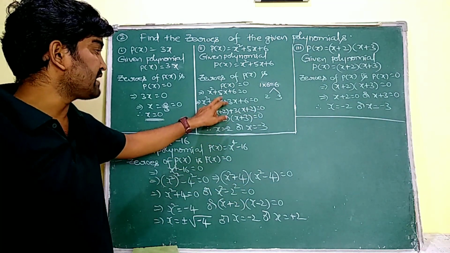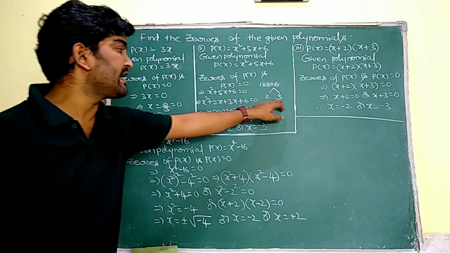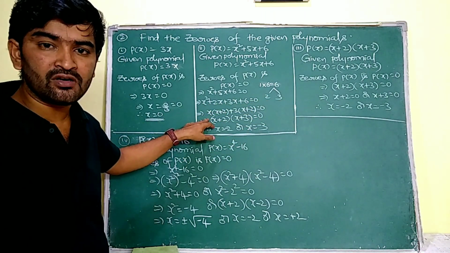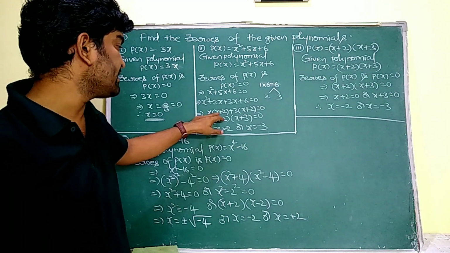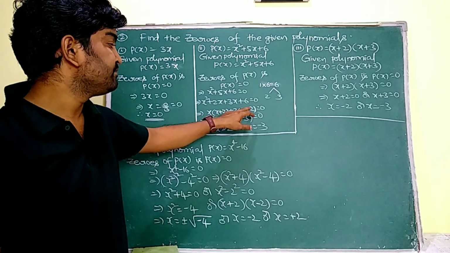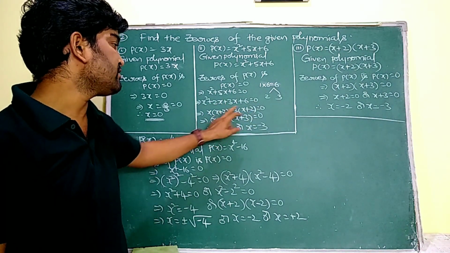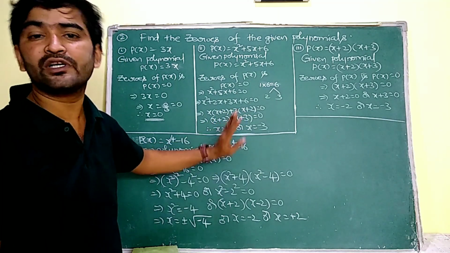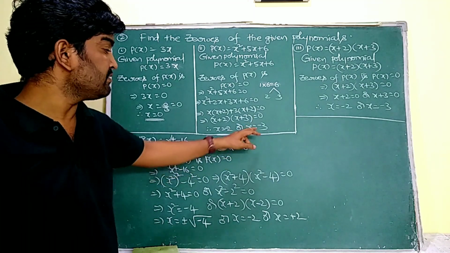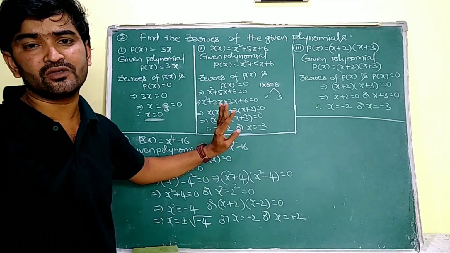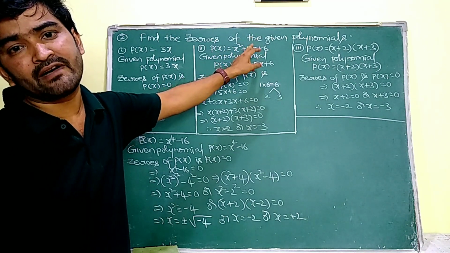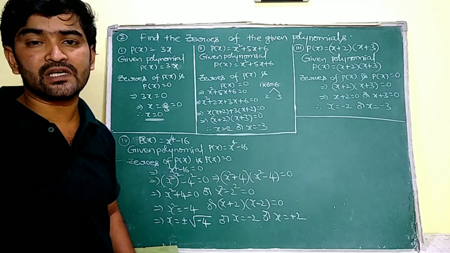So x square plus 2x. I have to split this 5x as 2x plus 3x plus 6. In the first two terms I am having x as common. So x is going to be taken as common. X into x plus 2. In these two terms I am having 3 as common. So 3 into x plus 2. So in these two now x plus 2 is common. So x plus 2 into x plus 3. That is x is equal to minus 2 or x is equal to minus 3. So it is having two zeros. According to the rule, it is a quadratic equation, it must have at most two zeros. So the two zeros obtained here.